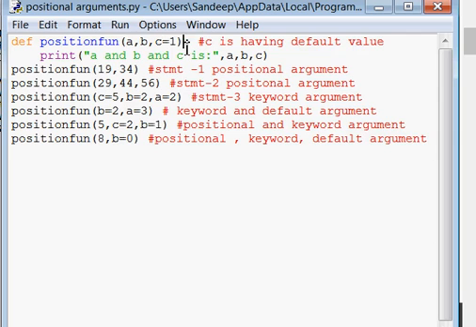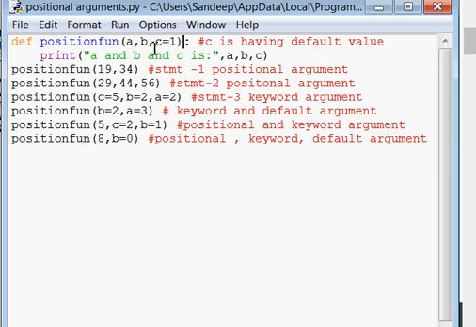So what is the meaning of default argument or default value? You have already seen that in our previous topic. If you do not have the knowledge of default value or default arguments, then you cannot understand this topic.